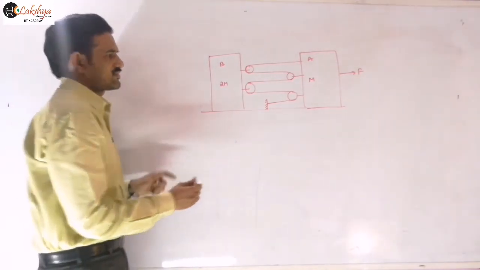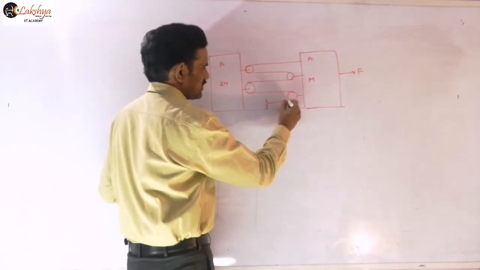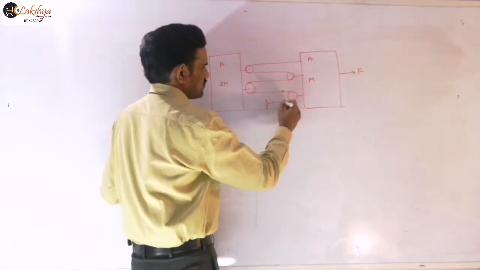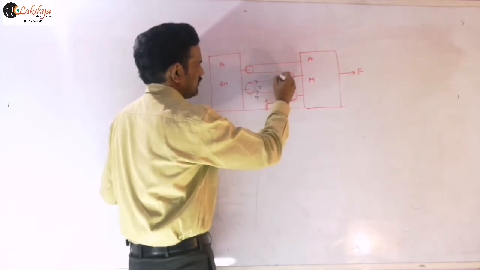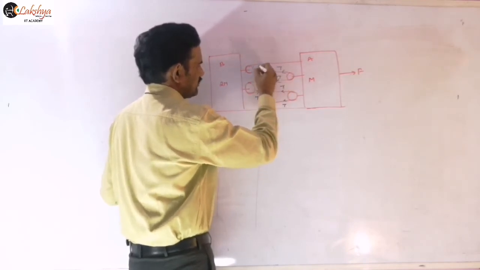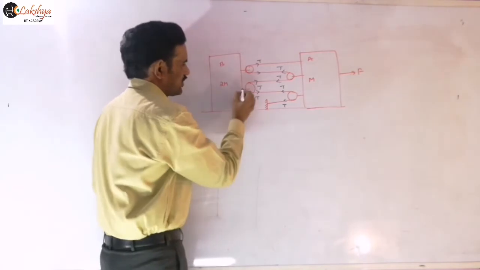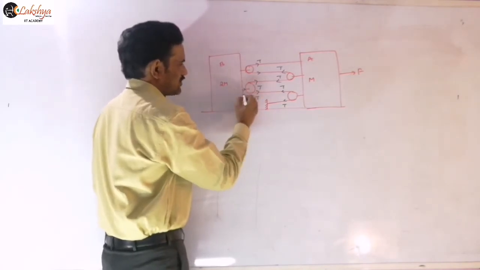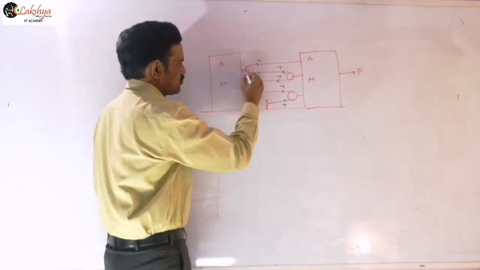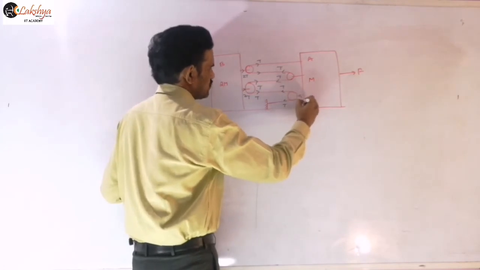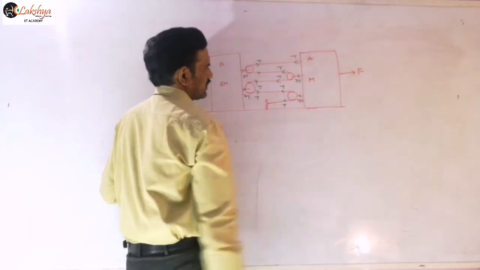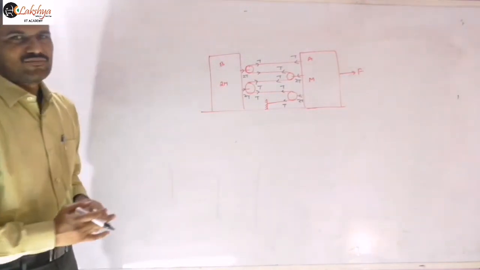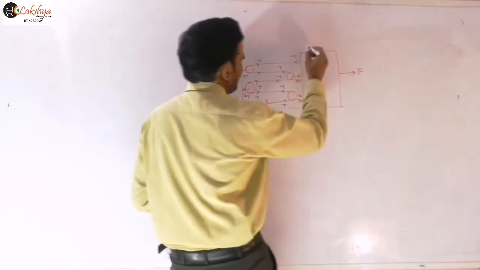Suppose I am taking the tension in the string as some T here. So here T, and this is also T like this, and everywhere the tension is T here. And so now here you can consider the tension acting on this block as 2T like this, and here also 2T, and here also 2T, and this is also 2T, and this is T. Right? Now let us first write the constraint equation.